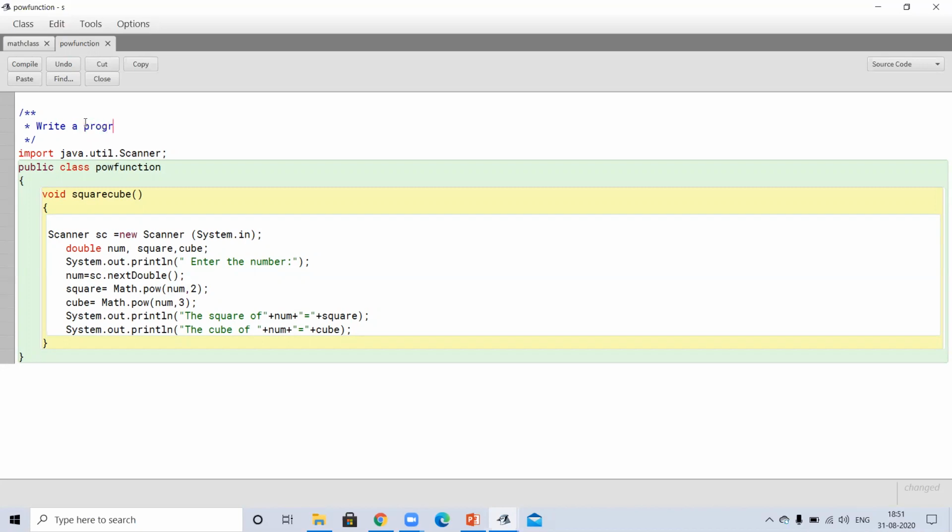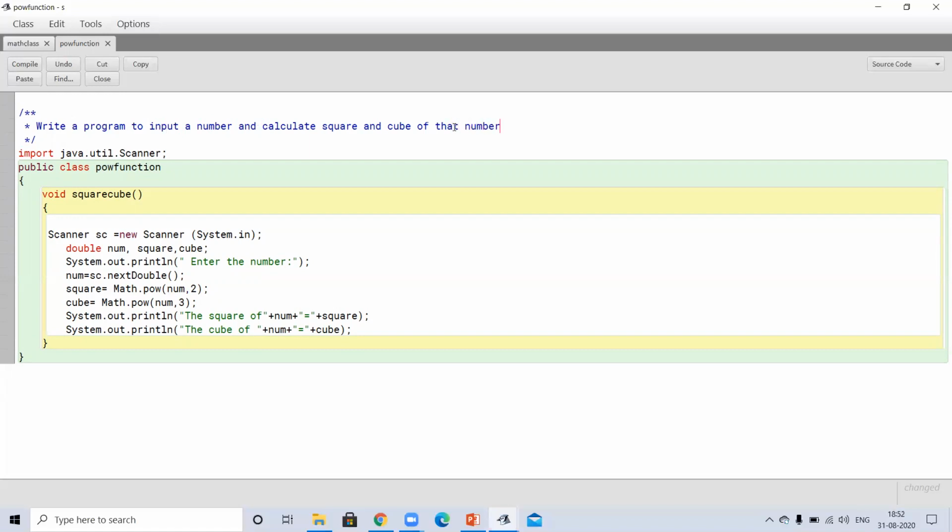So I will first write the question: write a program to input a number and calculate square and cube of that number.